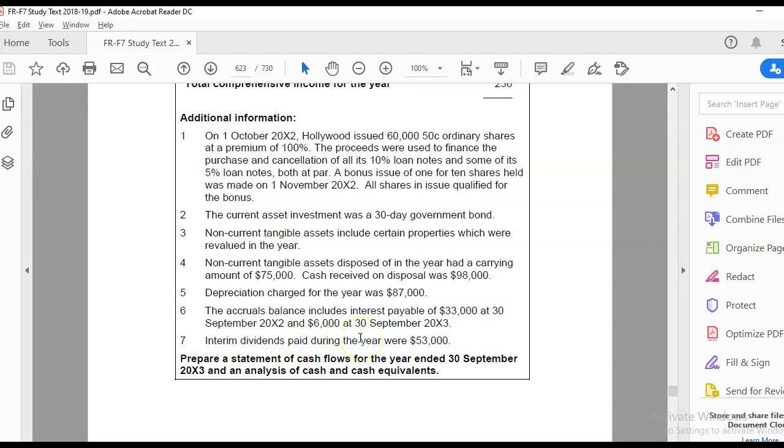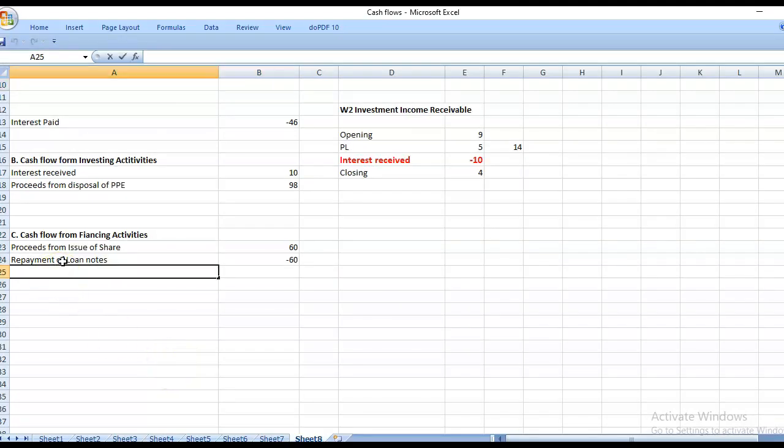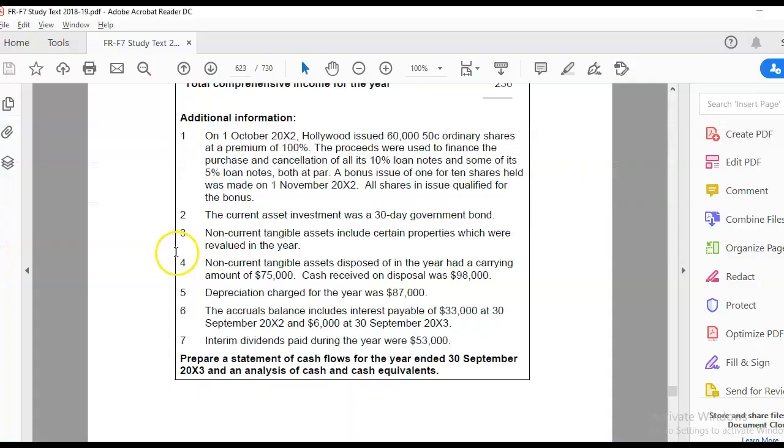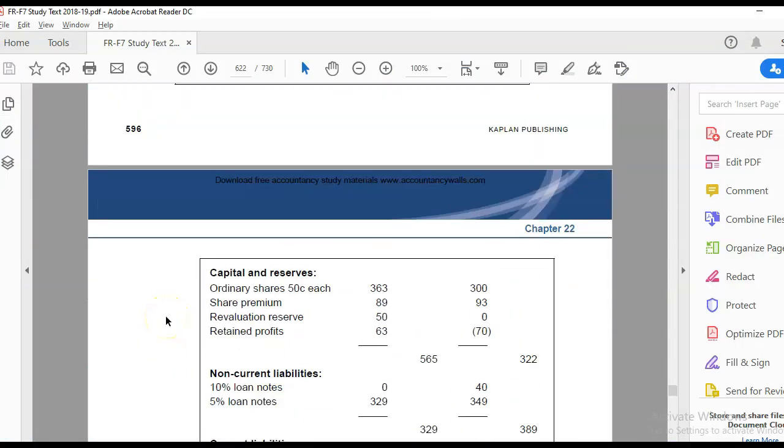Interim dividends paid during the year are 53. So dividend paid, as you all are aware, is a financing activity. So take dividend paid into consideration as a financing activity. I'm done with all the notes. Now I'll go to my balance sheet and compare every line so I don't